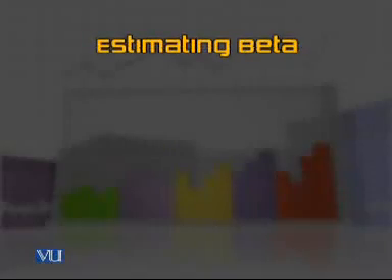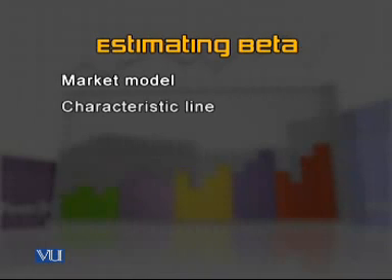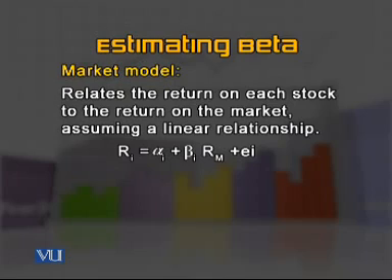While estimating betas, we must look at different models like the market model and the characteristic line. We have to go into the details of the market model and the characteristic line, which would mean that the market model relates the return on each stock to the return of the entire market. We're talking about relative strengths, relative returns, and relative stabilities of stocks in relationship to the benchmark, which is the beta of the market, which is 1.